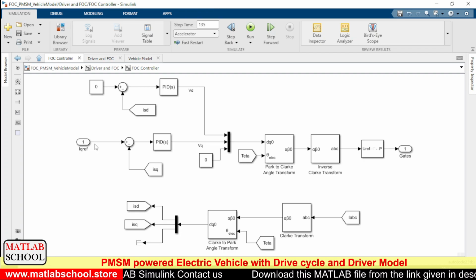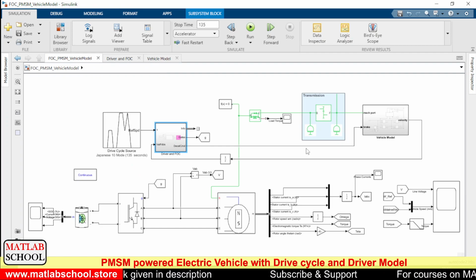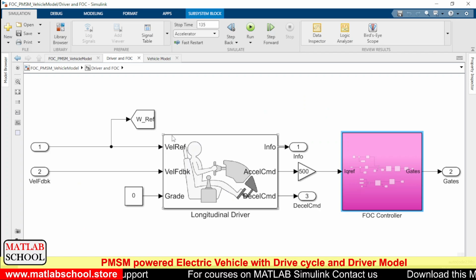current, the reference quadrature current. This reference quadrature current is compared with the actual quadrature current. The actual quadrature current is calculated from here. The phase currents are sensed, and the sensed phase current